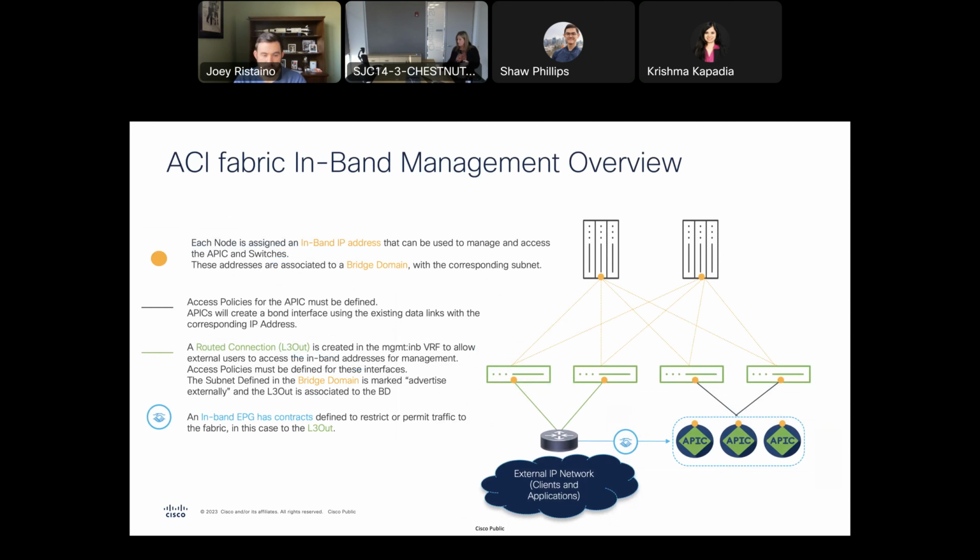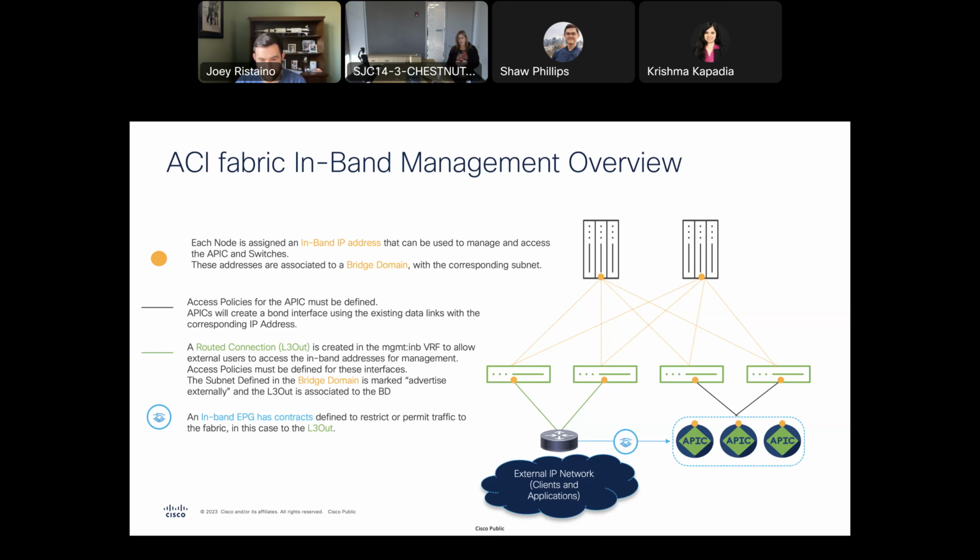All right, so in-band management, what is that? Well, based on the Slido, it sounds like a lot of you guys have an idea of what this is, which is great. That may make me think that you most likely have ACI already deployed. In-band management is important in an ACI fabric. So there's some configuration that is required for this to be done, but this is something that allows you to manage your infrastructure, leveraging that